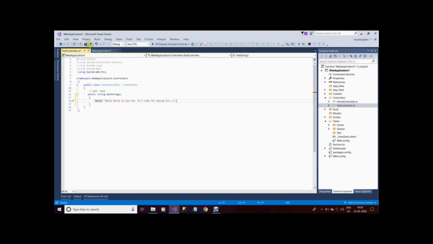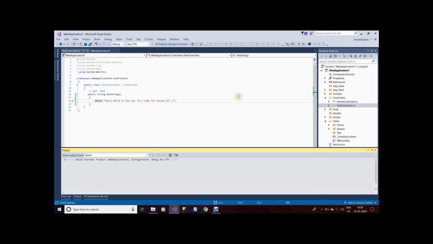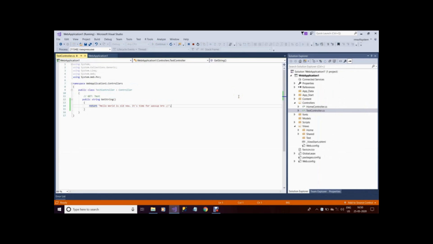Okay, now save and execute to test. Press F5 or the execute button.